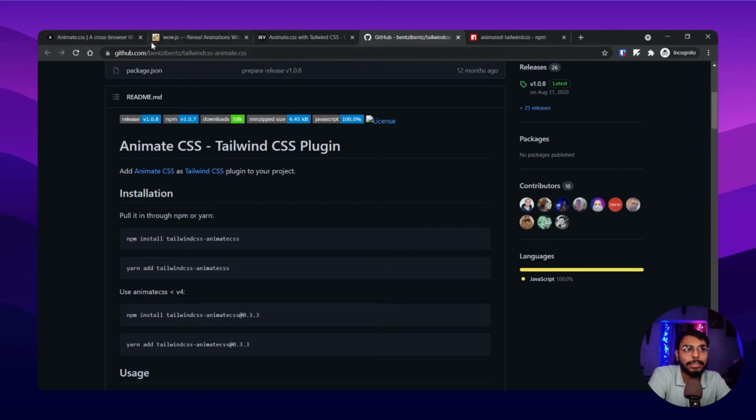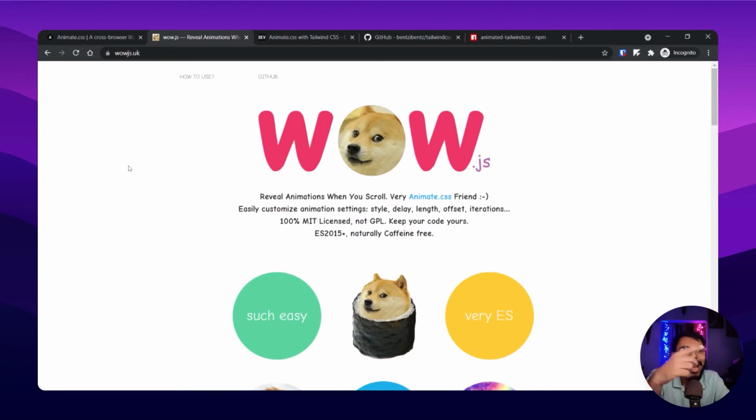But here's another thing. Sometimes when you scroll through a website, things appear, like a card eases in or eases out, or flies in and flies out. Those kinds of animations also happen. For that, there is another plugin, WowJS. I don't know why they have used a doge, whatever you may wanna call it, but maybe they like it. So here is WowJS.